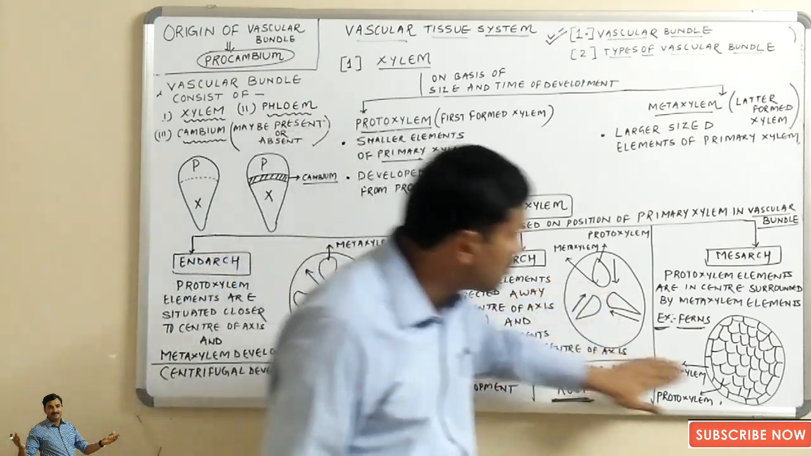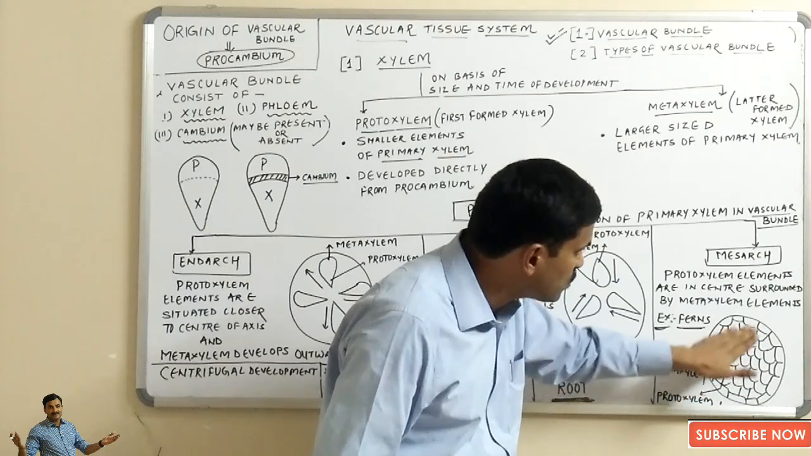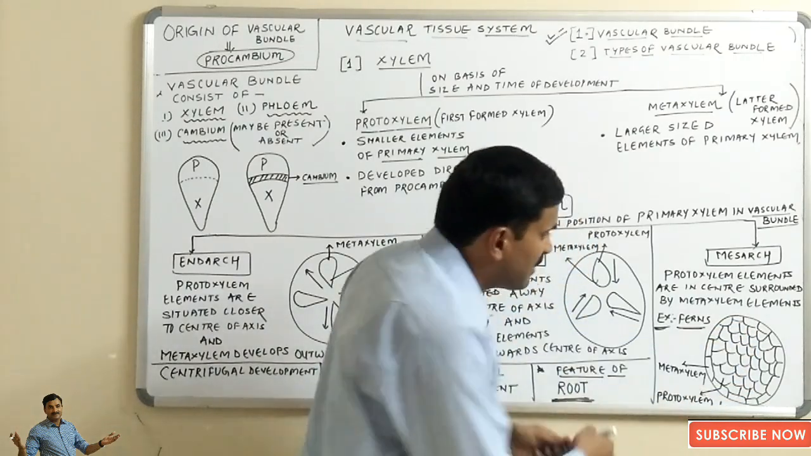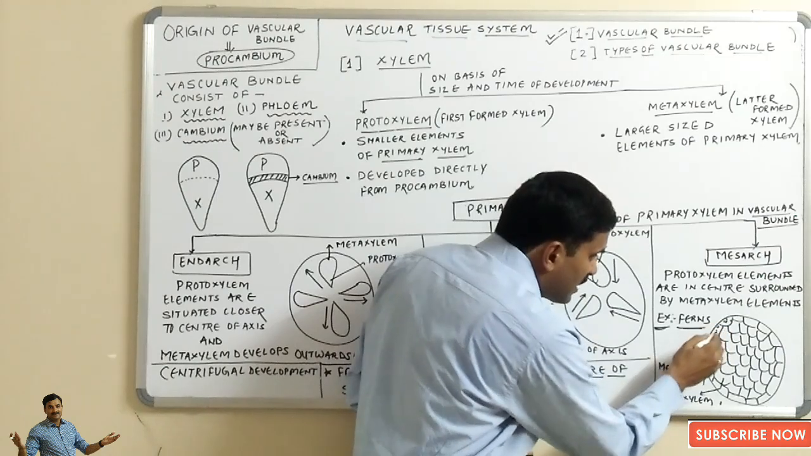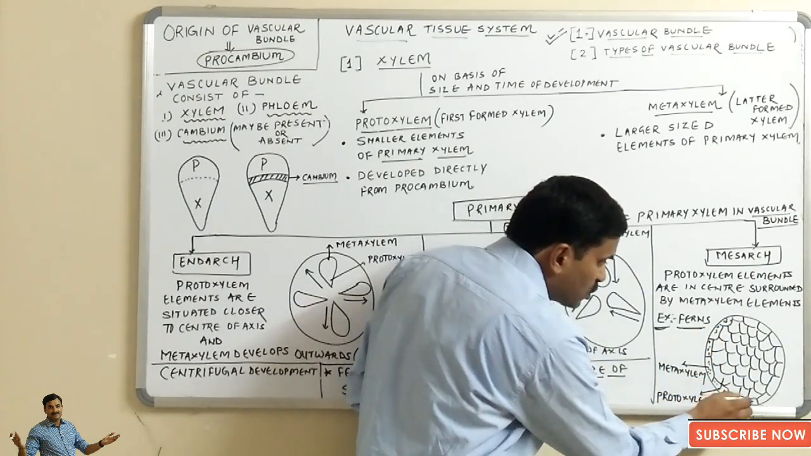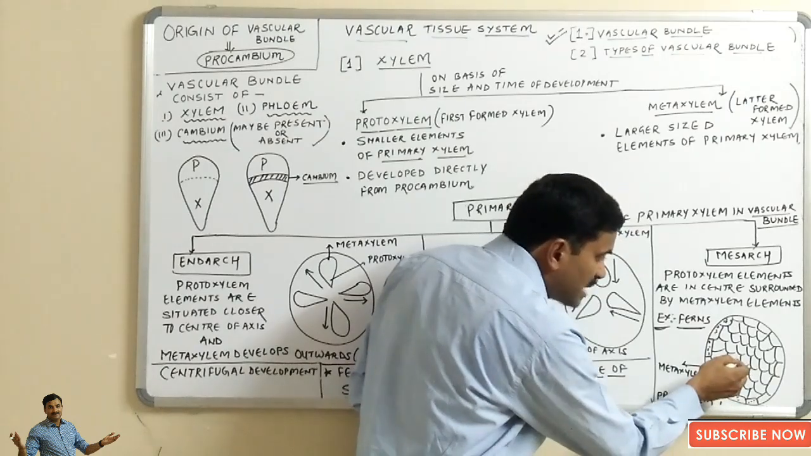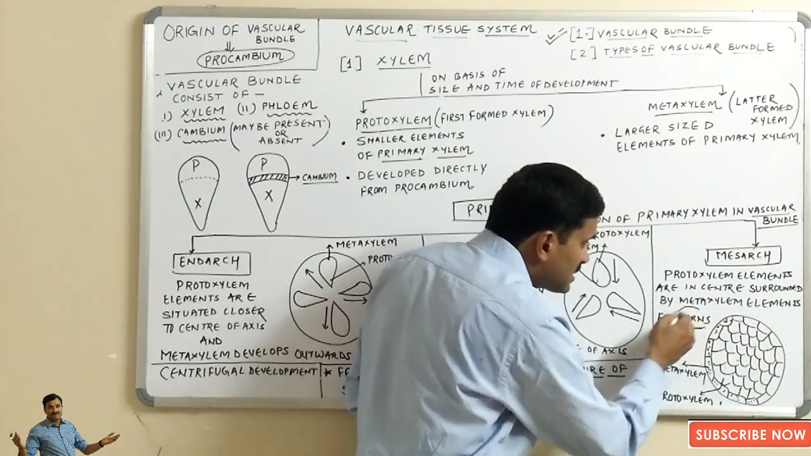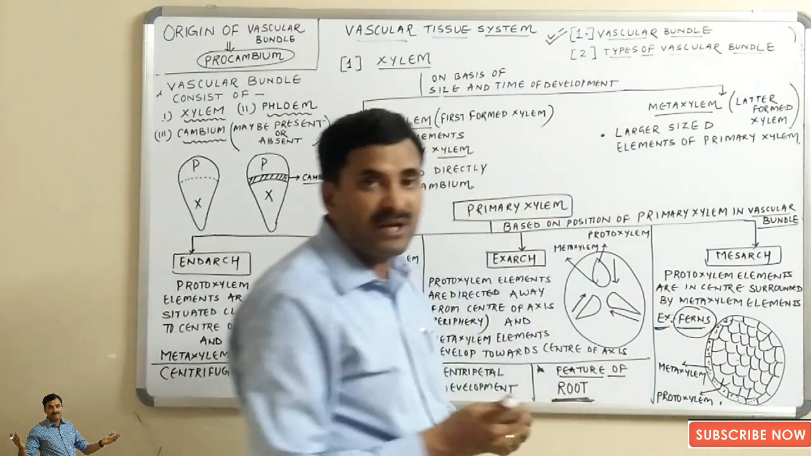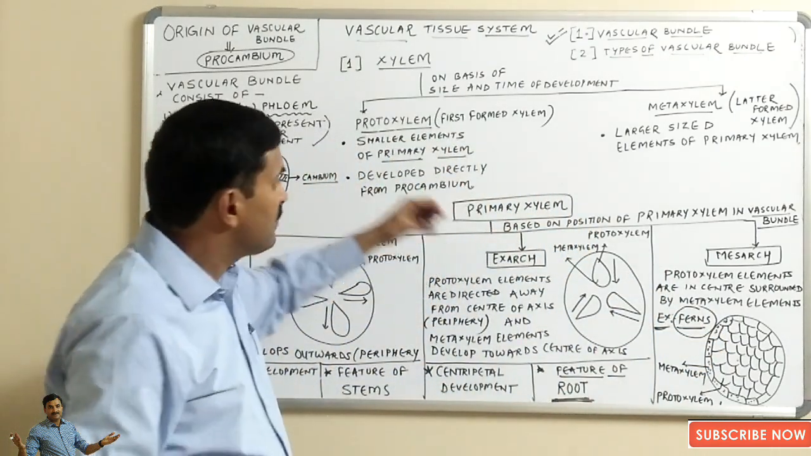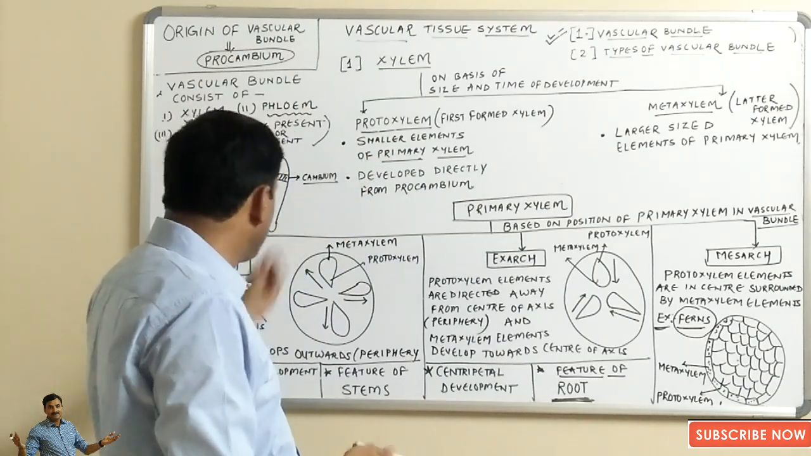the ferns. Here you can see that inside towards the center the protoxylem elements are present, and this one outside, the protoxylem is surrounded by what? The metaxylem. So here we can say that protoxylem is present towards the center and it's surrounded by the metaxylem. It is the feature of the ferns and it is a rare condition. So we can say, based on position of primary xylem in vascular bundle, the primary xylem is of three types: